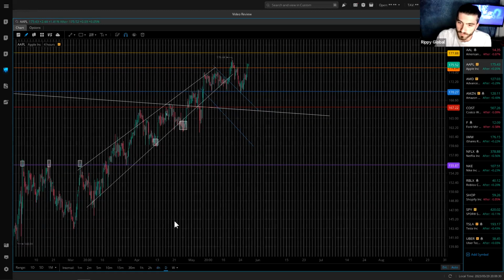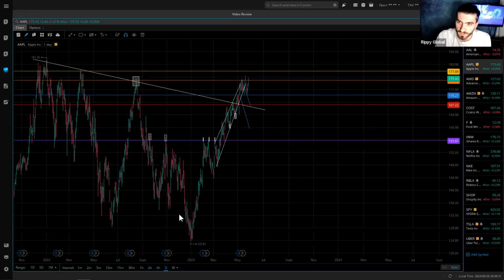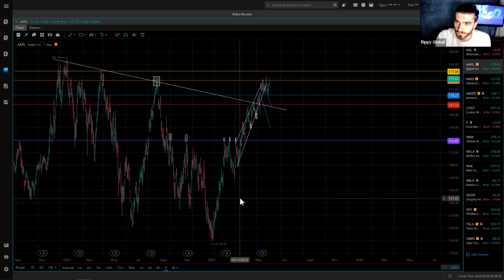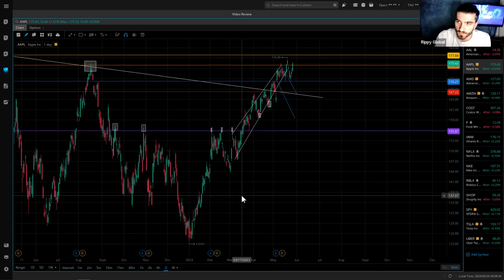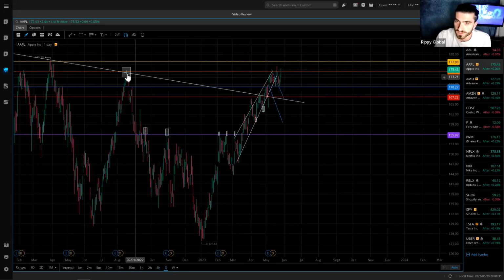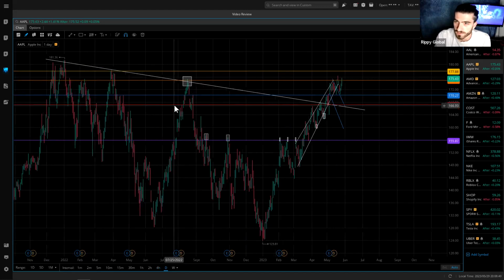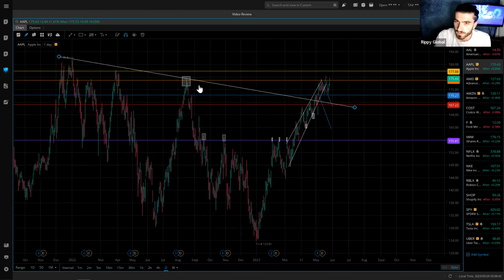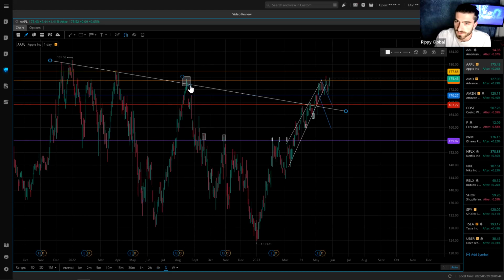So when going off Apple, obviously Apple's a major stock in the S&P index. I'm going to start on the daily, even though the majority of people know where it's sitting at. We're still contesting the previous lower high on this trend line right here for Apple. We're still focused on this zone, trying to break with the buying pressure on the upside. We closed Friday very well for Apple, so the momentum should carry it to the next resistance, which is going